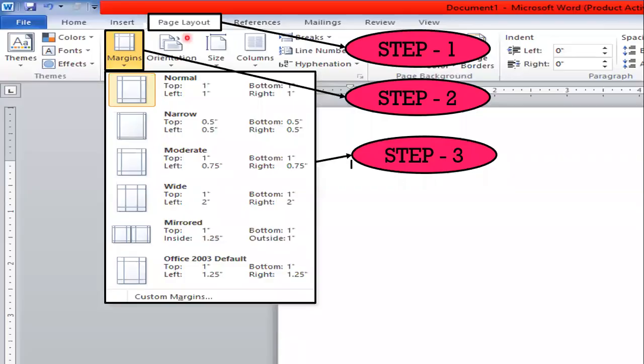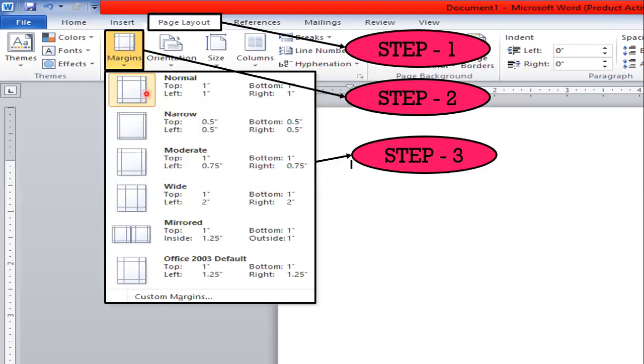So here the page layout tab is selected. First you need to select the page layout tab. Then the second step is to click on the margin option, and in margin you can see there are different margins available. By default, the normal margin is selected, in which you get a 1 inch space between the edge of the page and the text. I will show you what it means. By default the normal size is selected, and if you want to change that, you can select any of the page margins from this drop down list.